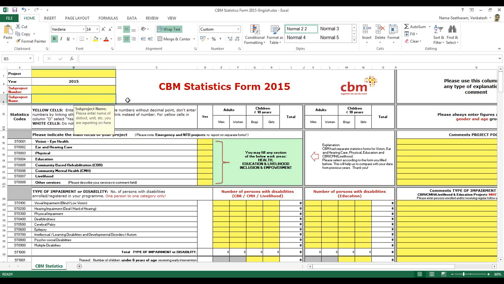For 2015 we require the entity statistics only from 13 projects, and I think 6 to 7 projects are from AFE. From these 13 projects only we require, and we have made provisions. When you export the forms, you get the entity form, but entity French and Portuguese are not yet available. Yes, we are still working on it.